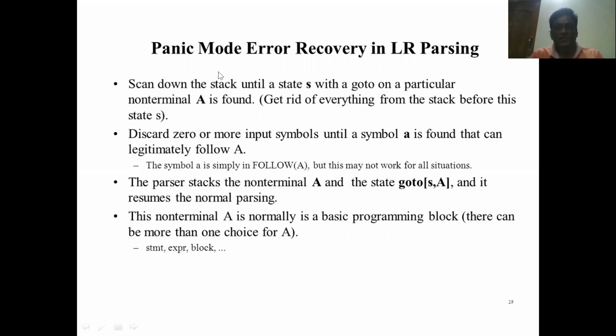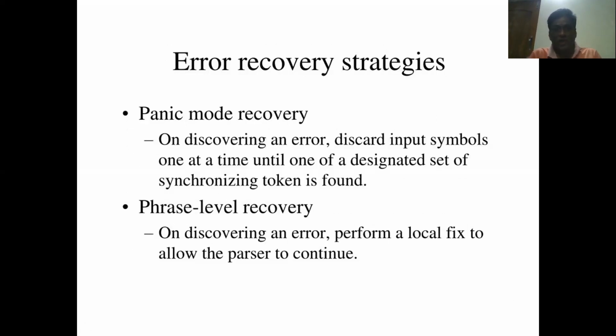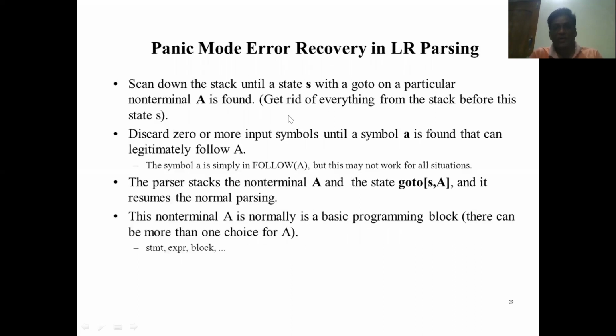Right. So this is the first one, panic mode error recovery. As I told you, in panic mode error recovery, it discards the input symbols from the token in which an error is identified. How does it actually discard those symbols? So assume that an error is found during the parsing. We all know that the parsing actions are captured in the form of a table. We practiced it also in our previous sessions.